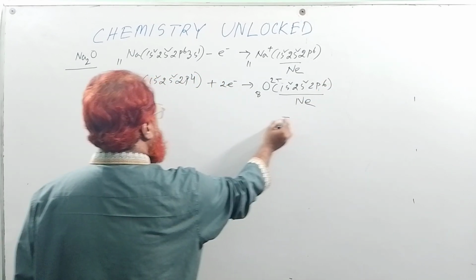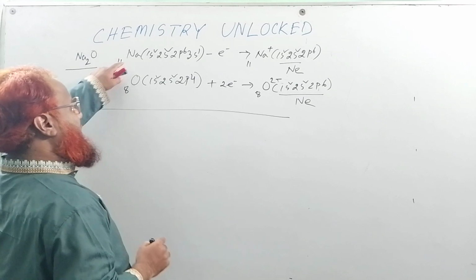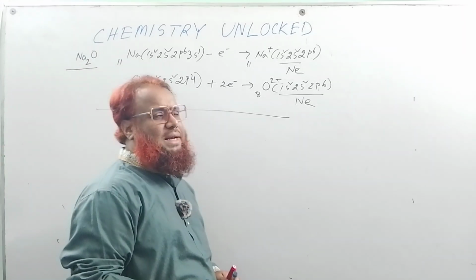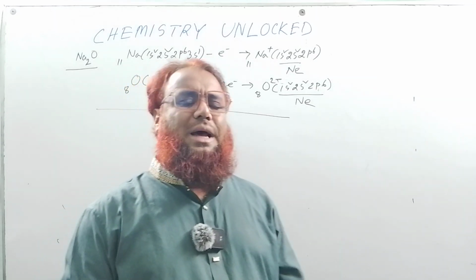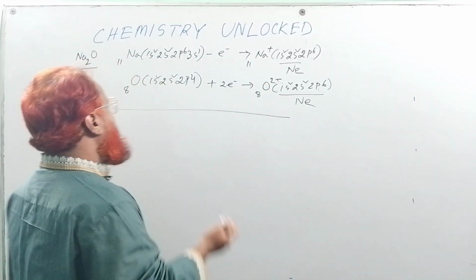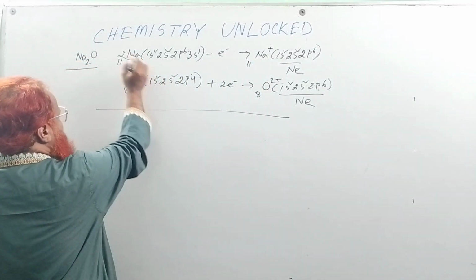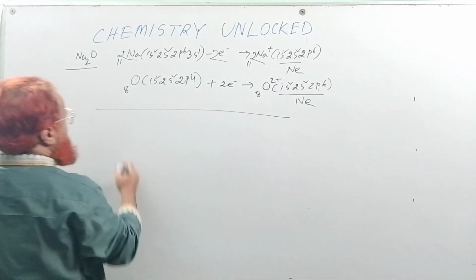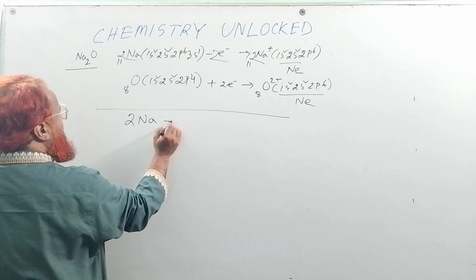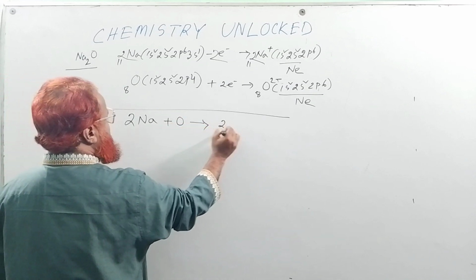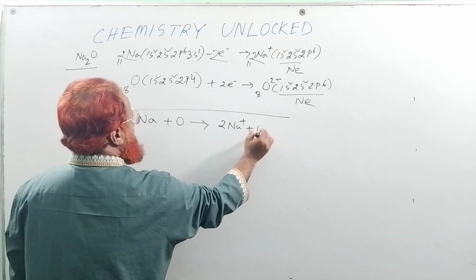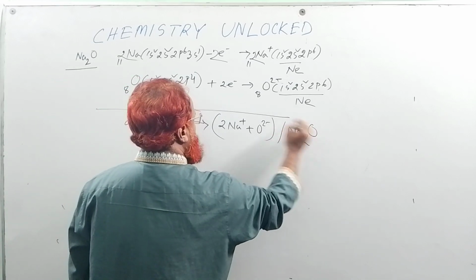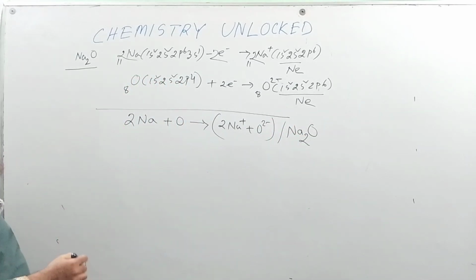But here donation is 1, but receiving is 2. It's totally impossible. So we must balance the electron donation number and electron receiving number. So we have to multiply this sodium by 2, and here 2, and here also 2. So 2 sodium atoms and 1 oxygen atom will make 2Na+ and 1 oxide and becomes Na2O. Sodium,